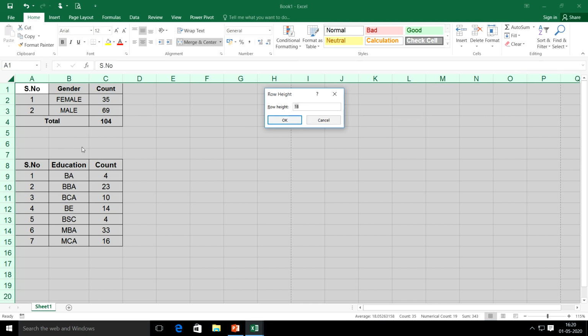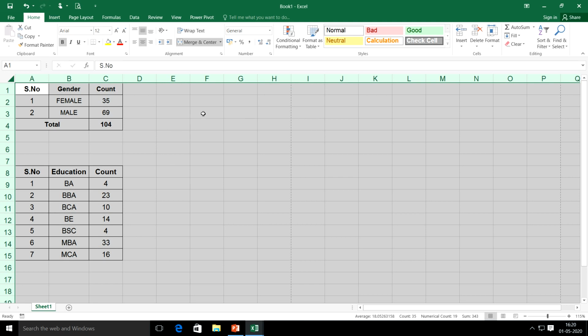Since we have already created this, the current row height is displayed here. If I want to increase this row height, I can do this. I am increasing it to 20. So the moment I click on 20, this way I can either increase or reduce the row height.